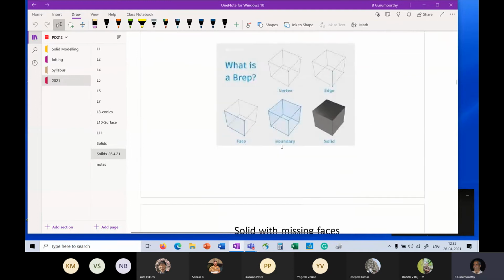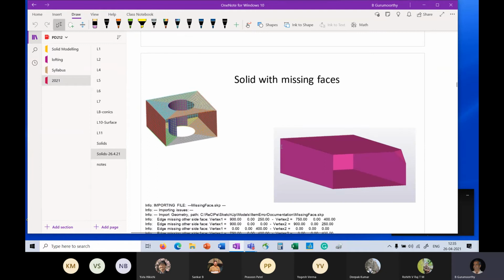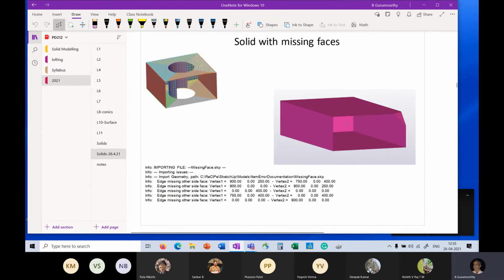We did all this in the previous one. This is the one I wanted. So the same situation here. In the earlier example the front face was missing. Here, the front face is not missing, but part of this hole is missing. The cylinder is made with two halves and one half is missing. So you will typically get this report from the CAD system, where it will say that there is a missing face and identify the edges which don't have another face. Remember, we said that each edge must have two faces, and this will list all the edges which are missing another face. And as you can see here, there will be 5 such edges.